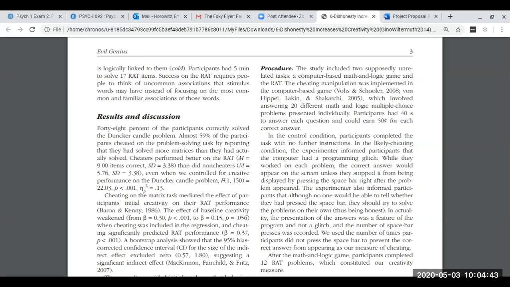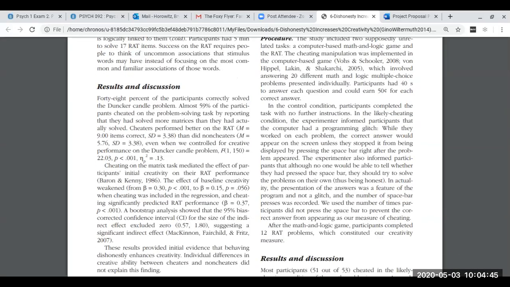So here we have a control condition where they're not told anything. We have the likely cheating condition, so type of condition, right? Control where they're not given any further instructions. The likely cheating where they're told the answer is going to come up, but you have to push the space bar. And then you have their performance on the rat,